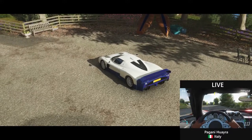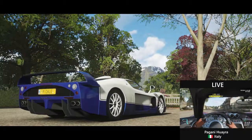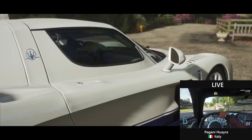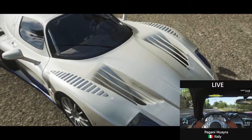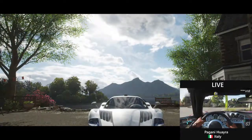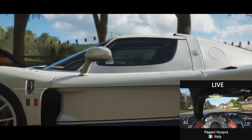success. With only 50 units of the road car being produced, the MC12 is exceptionally rare, and is heavily based on the platform from the Ferrari Enzo, using a slightly modified version of its V12 engine, but with a completely different body and a much longer profile. Purpose-built as a race car for the road, the MC12's low-slung and long-sweeping styling managed to generate a tremendous amount of handling and grip, making it a strong competitor for the nation of Italy in our qualifiers today. This one, though, has an all-wheel drive swap, some weight savings, and some relatively minimal engine and platform upgrades that bring it to a total value of